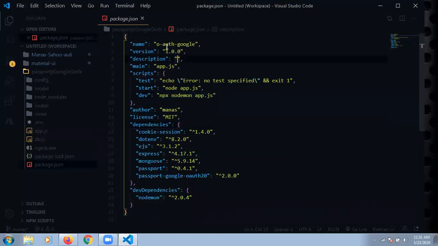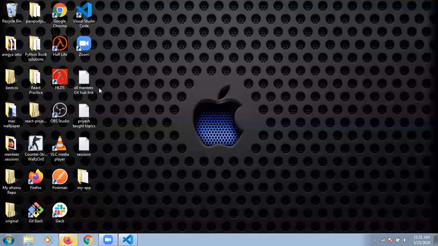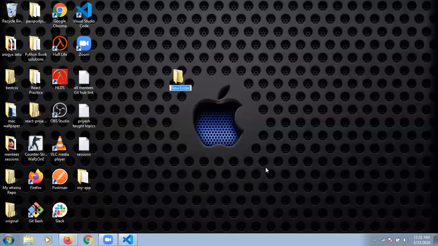So this is the name I'm providing for my application, Google OAuth. This is some overview of this application. I am going to create a new package here, a demo for Google OAuth.